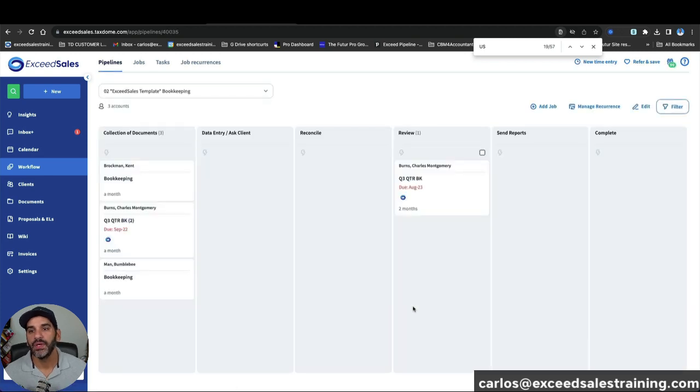All right, great. So typically in a bookkeeping pipeline, you can have a whole lot of different stages, but these are the most common stages and steps that take place. So here we have several stages. First, we have document collection. This is where you would send a monthly email to your client saying, hey, it's that time of the month. I would like to get your documents A, B, and C so we could start